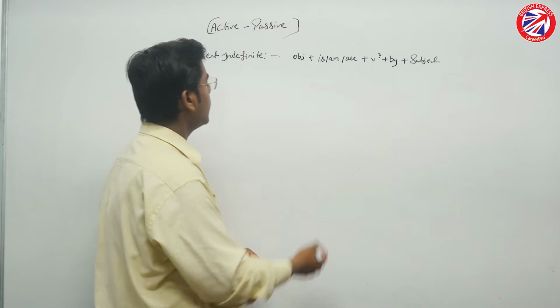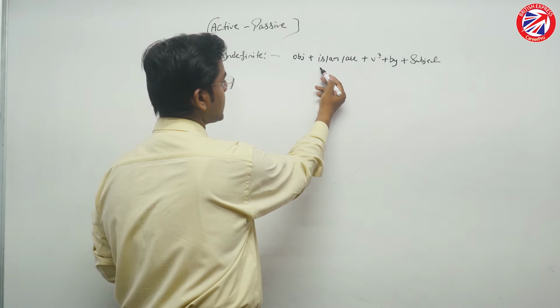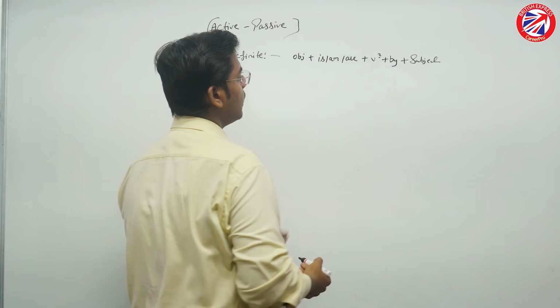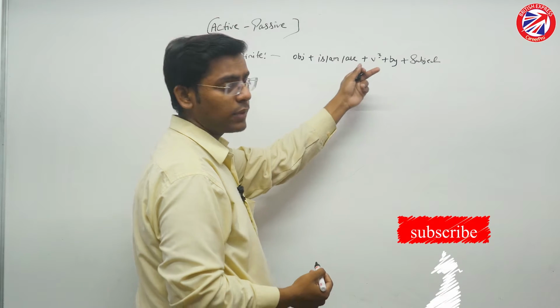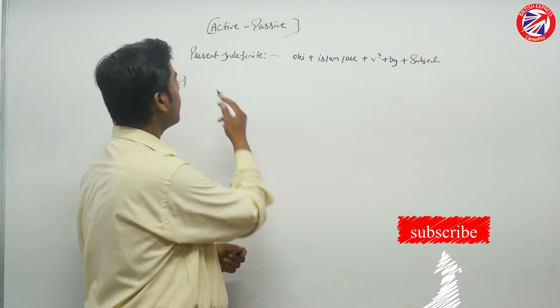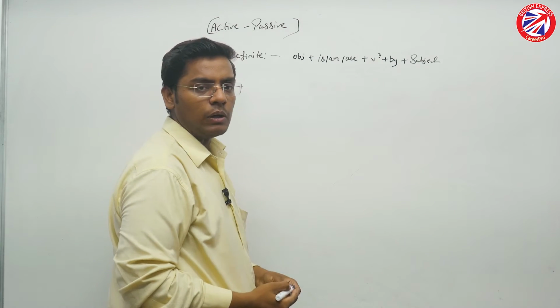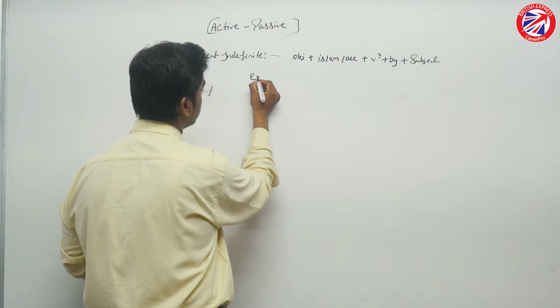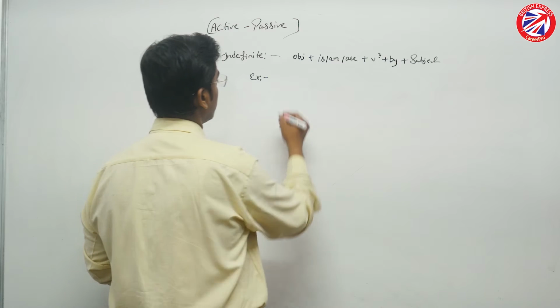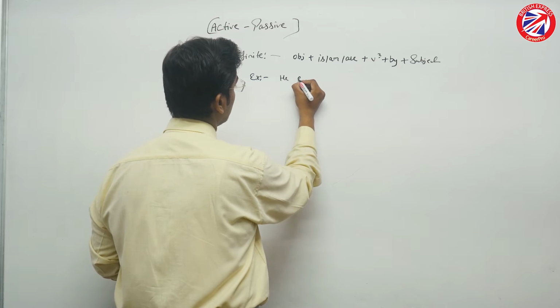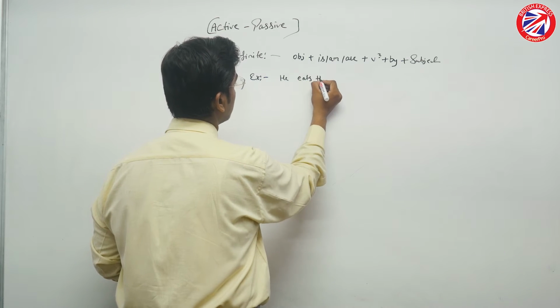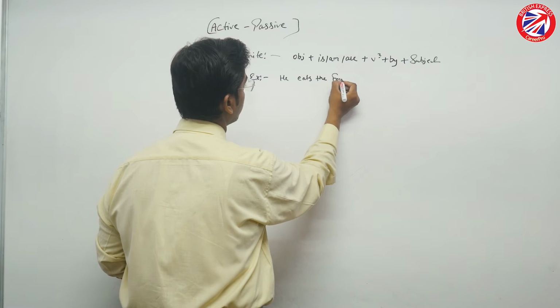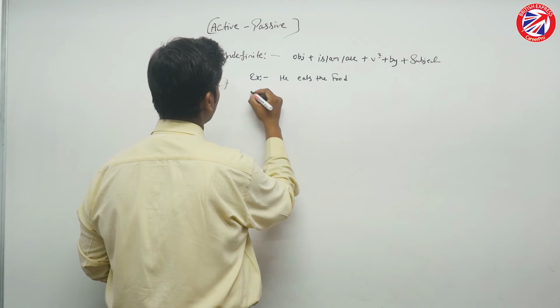As you can see here, we have written object plus is/are plus V3 plus by plus subject. This is the rule of present indefinite. Now let's convert it into the passive one. Let's take an example. For example, he eats the food. So it would be like in the passive one,